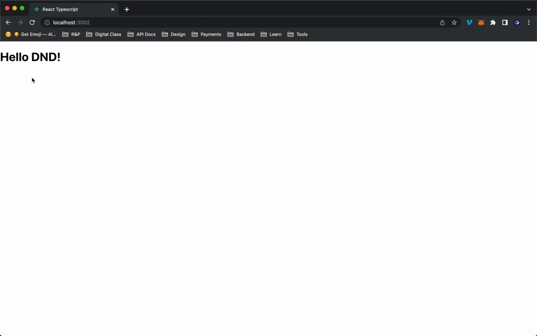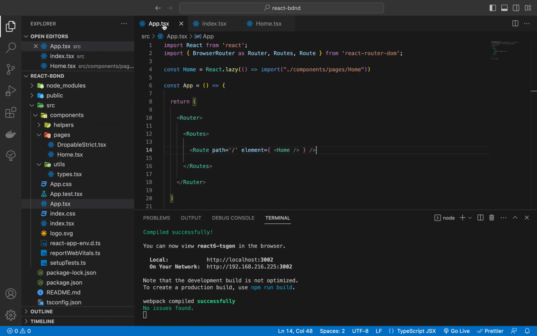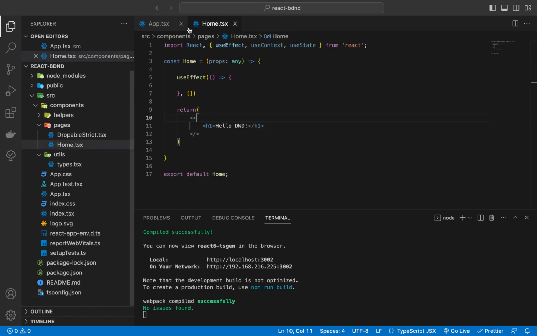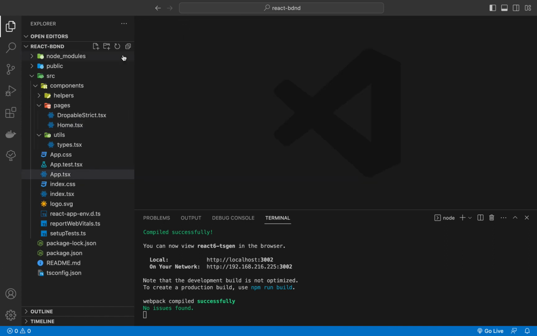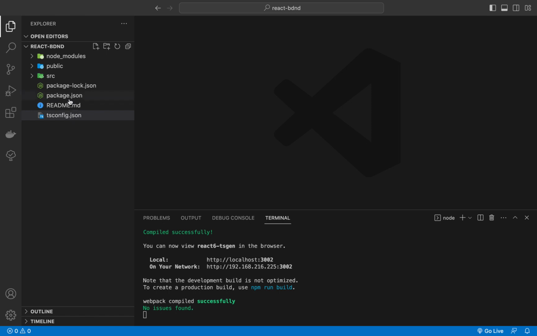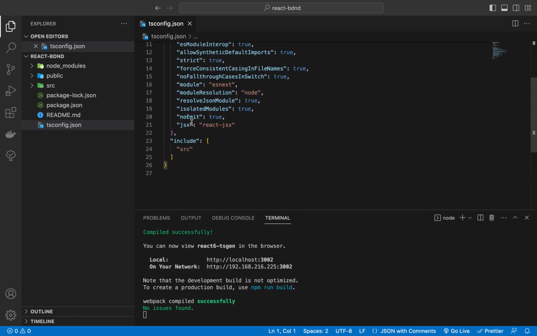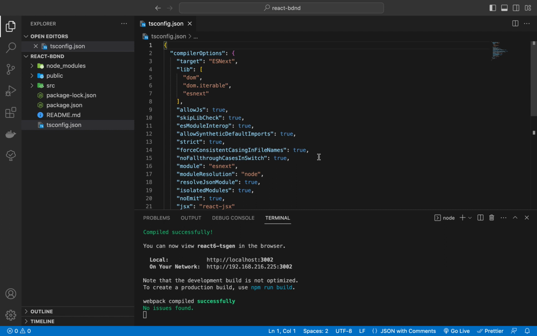All right, so we have LODND here, which means our basic setup, the basic setup of our route and our simple page and components is done. All right, so let's close all these files and let's come back to a file called tsconfig.json here. All right, this file is very important, and it is important that you know what we are doing with this